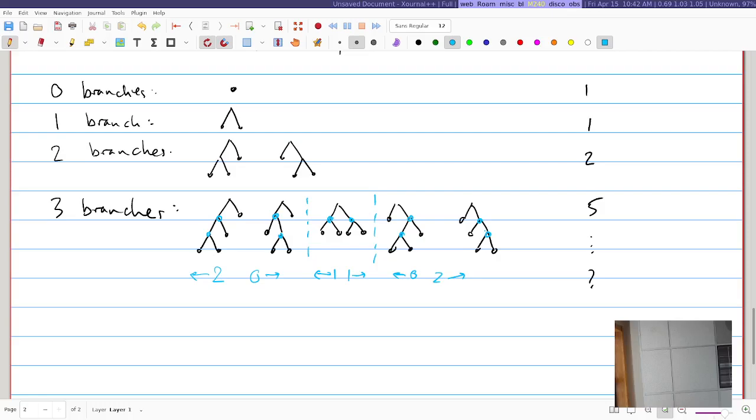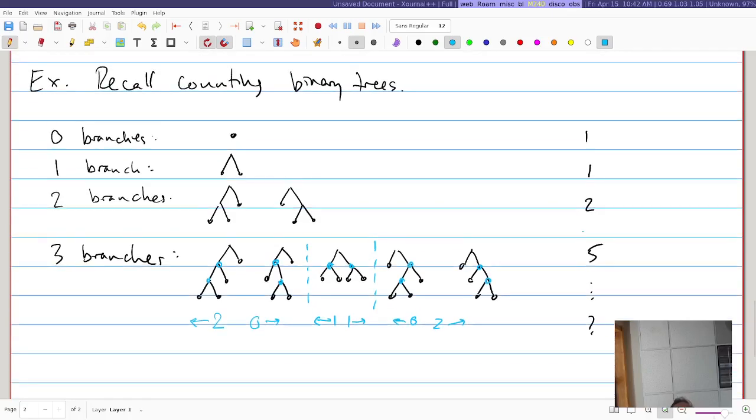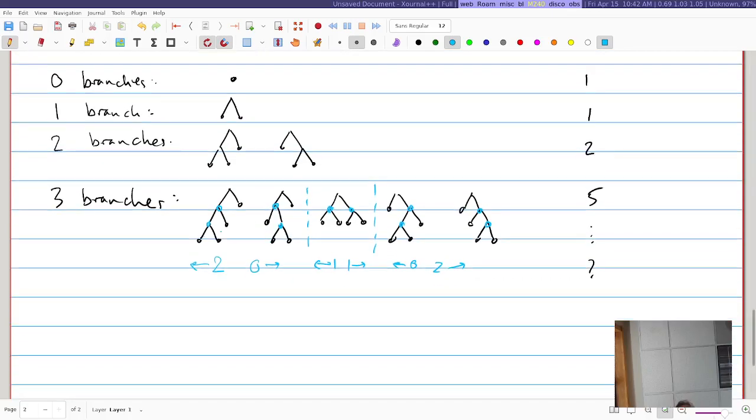Which means we can use this addition rule to say, if I count how many there are that have 2 on the left and 0 on the right, and then count how many there are that have 1 on the left and 1 on the right, and then how many there are that have 0 on the left and 2 on the right, I can just add those up, and I'll get the right answer. In this case, it's obvious. There's just 2 of these, 1 of these, 2 of these. But in general,